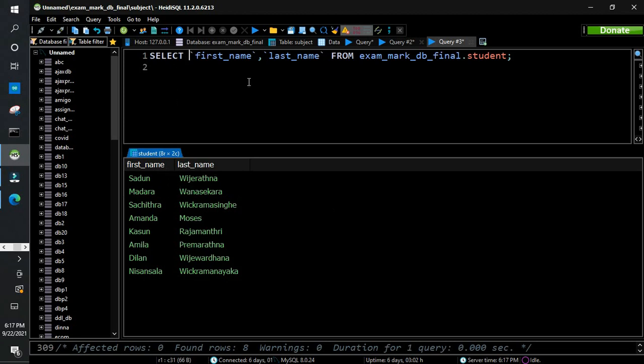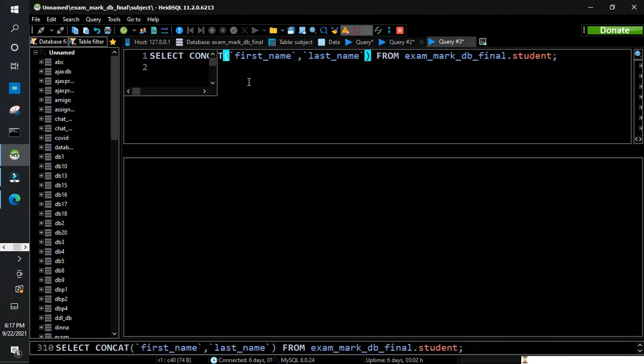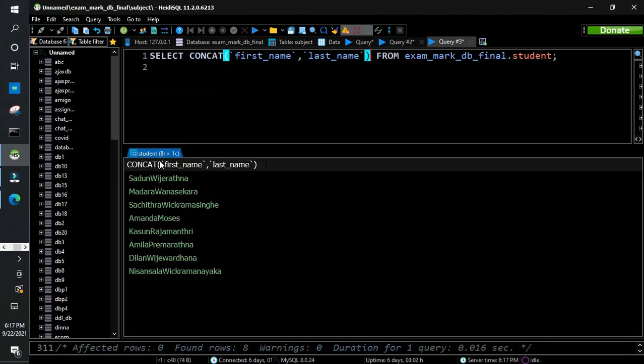So I have a function called concat, which means you can combine the values coming from both columns. Once I run this, I get concat of first name, last name as the combination of all these.